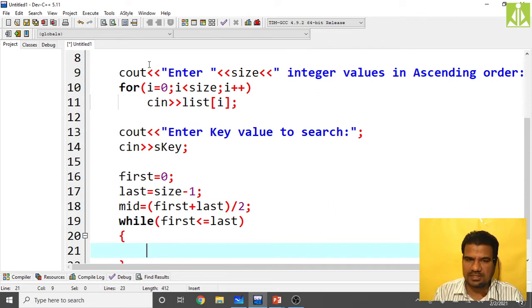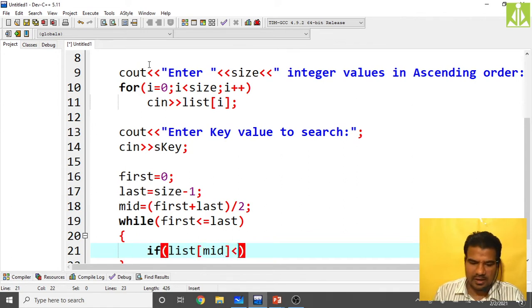It should not cross last. When it is crossing last, then we are concluding our search operation, that the element is not there in the list. As long as the first value is less than or equals to last, we continue. Then inside it, what we have to do, if at all my list of mid is less than s key,